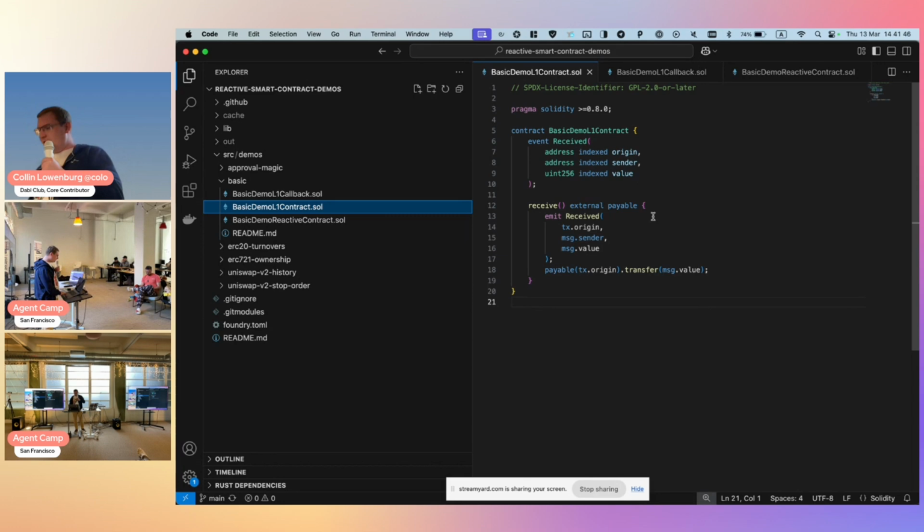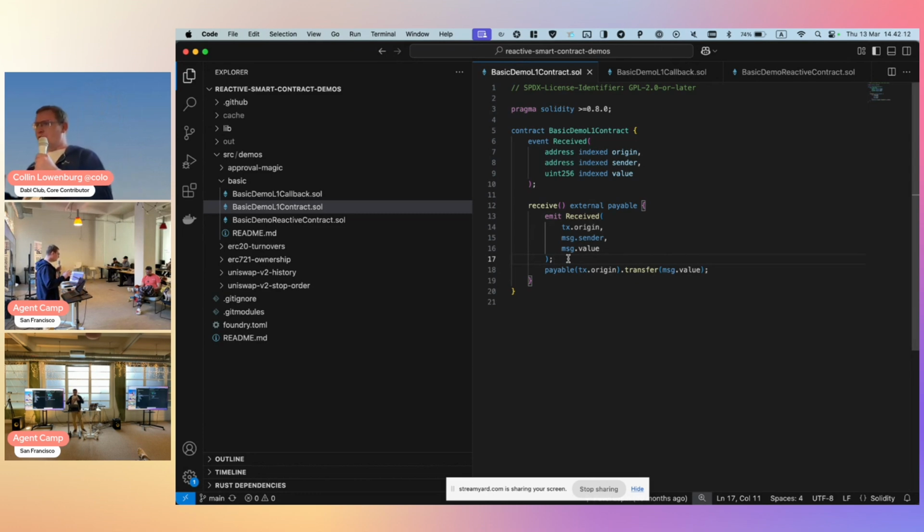This is the basic contract that I'm going to call, and as you can see, it's going to emit an event called Received over here. It's going to send me back the ether that I've spent for calling it, and it's going to do just that. It's a plain demo.